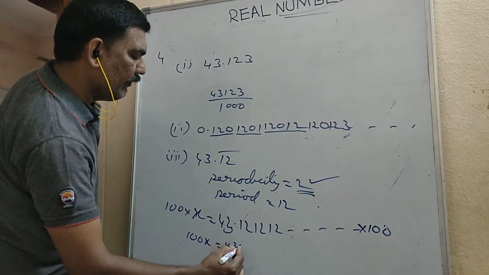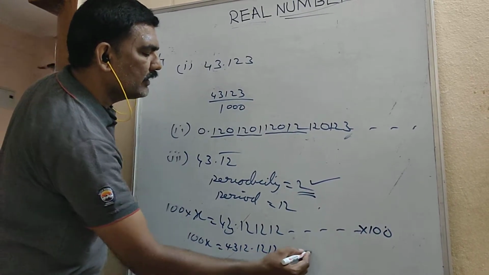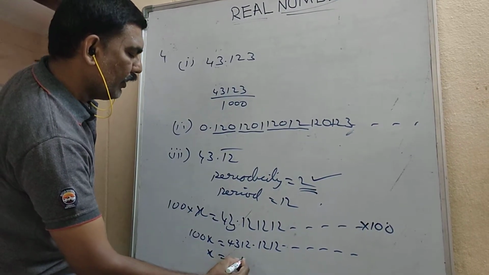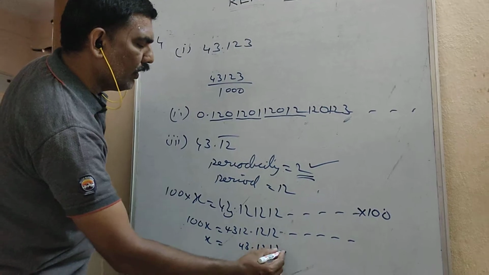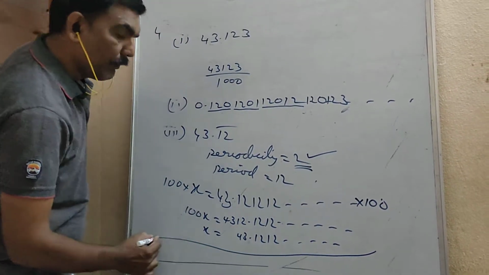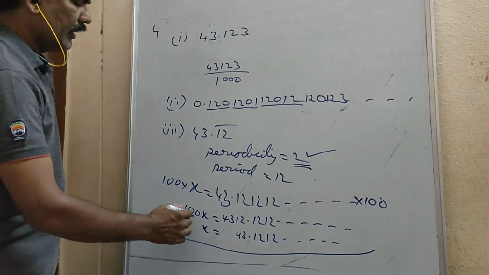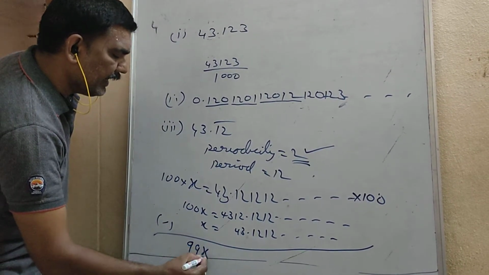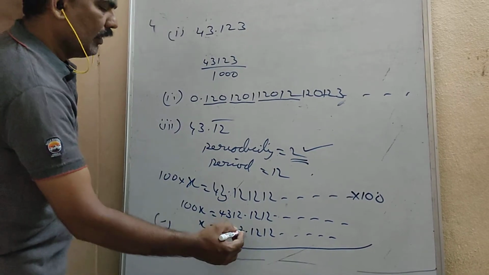So it is 4312.1212, etc. and take x equals 43.1212, etc. Do subtraction. From 100x if you subtract x, you get 99x is equal to